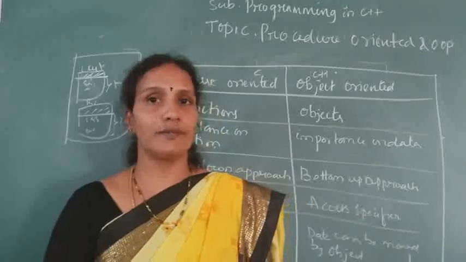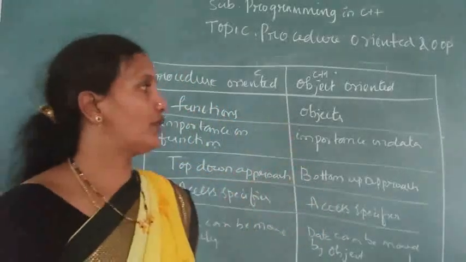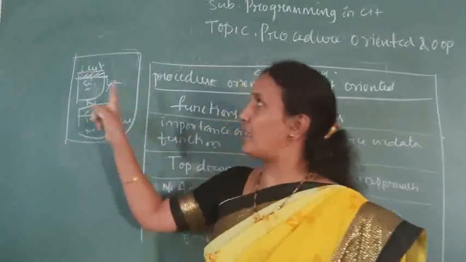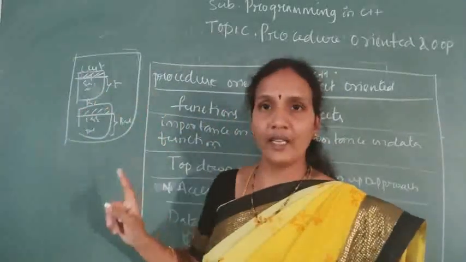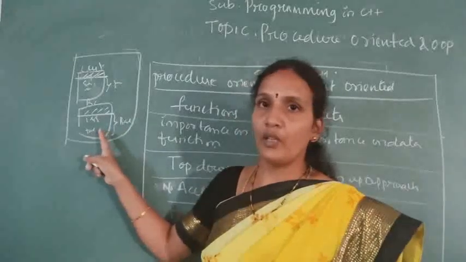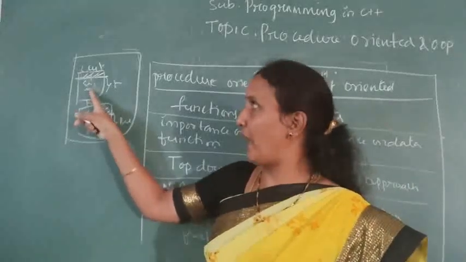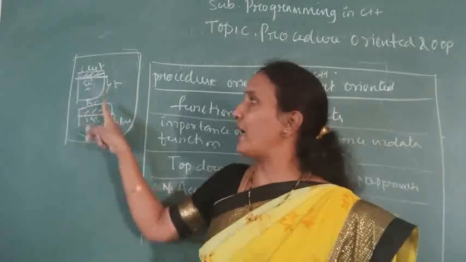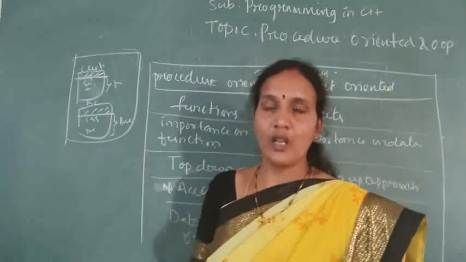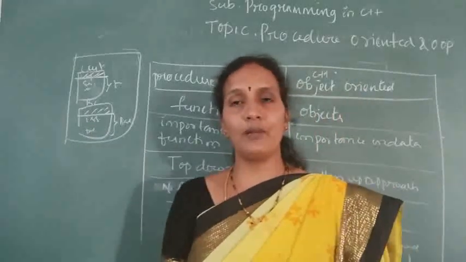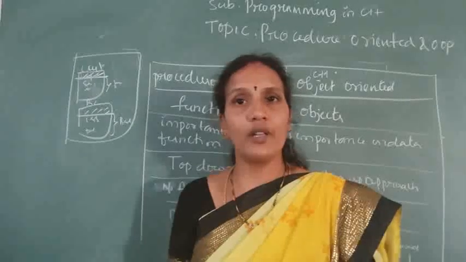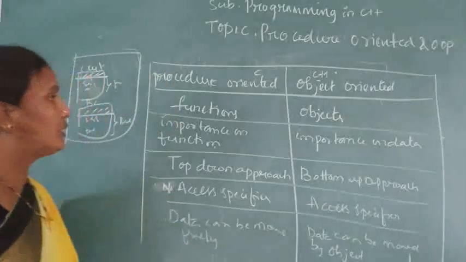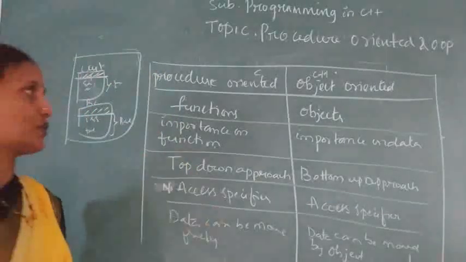That is the function. Now, in object-oriented programming, the main importance is given to data. Customer data is in the customer object only, and bank data is with the bank only. So the customer can perform actions on his own data only. There is security for the data; he cannot access the bank data. So in object-oriented program, the more importance and security is given to data, not the procedure.